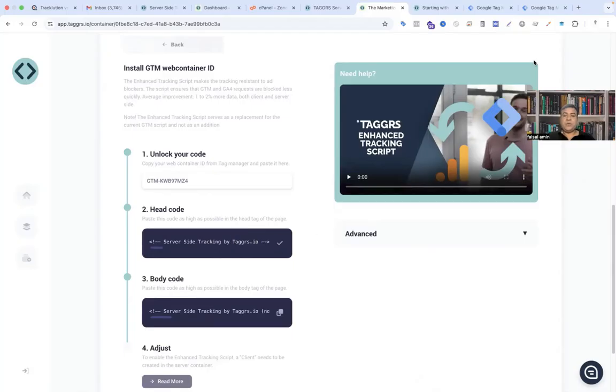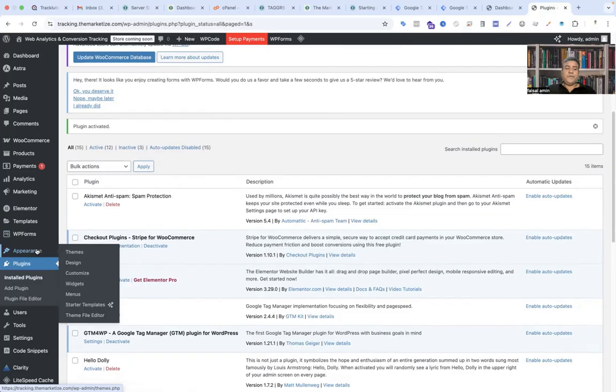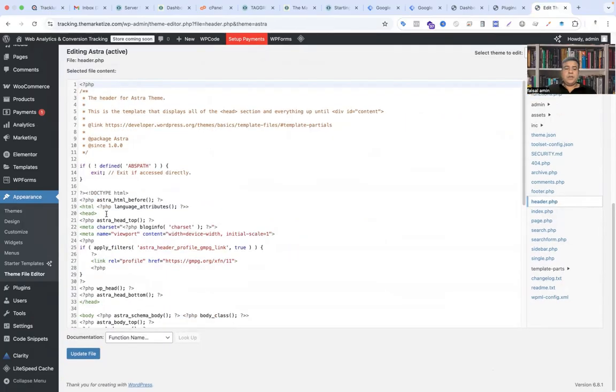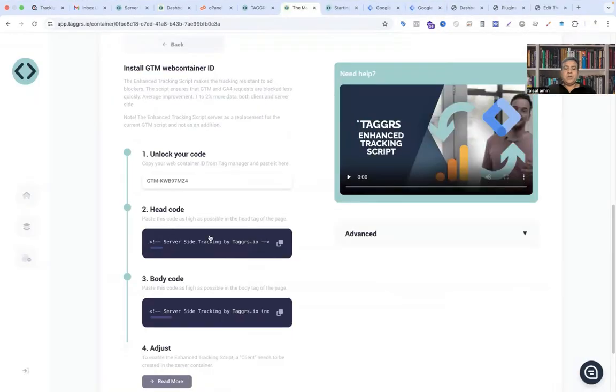You can copy the code and go to your website, Appearance, Theme File Editor, and go to header.php, and in the head section you have to put this code, and in the body section you can also put this code, and your first party domain and custom domain are activated perfectly with your website